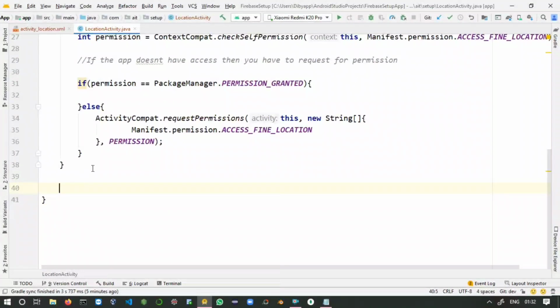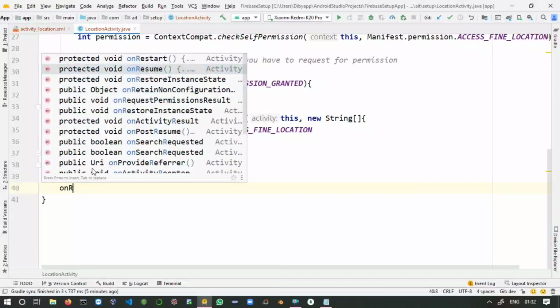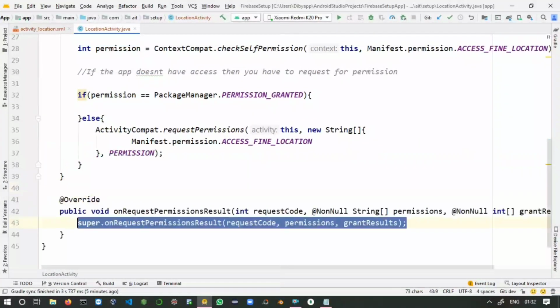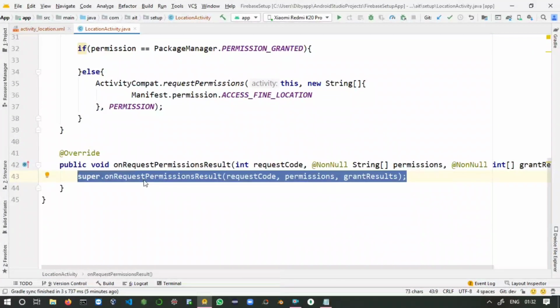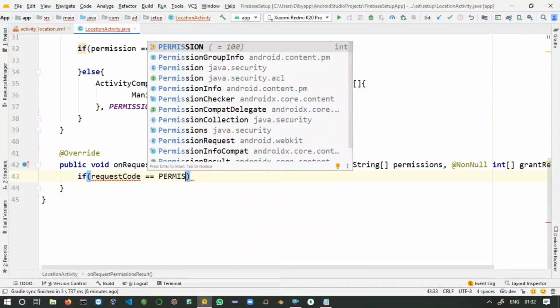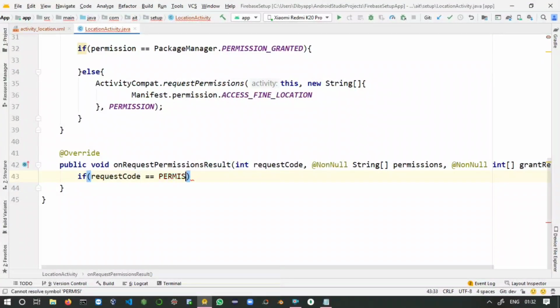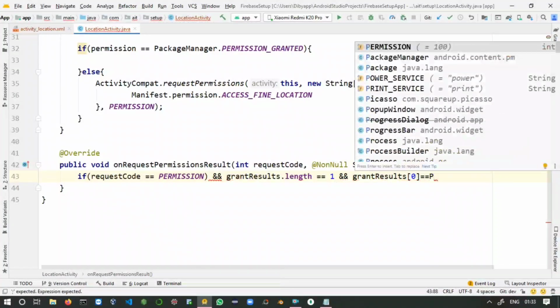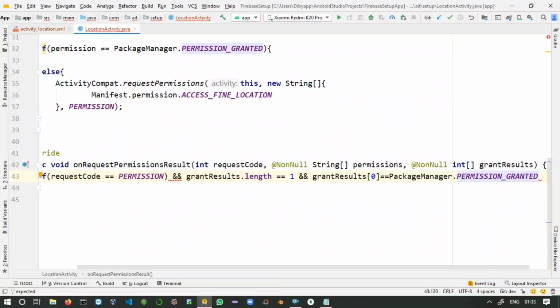Here you can add another method, onRequestPermissionsResult. It is an overridden method, so just delete the super call. Here you can say if requestCode double equals to PERMISSION, and grantResults.length double equals to 1, and grantResults of 0 double equals to PackageManager.PERMISSION_GRANTED.